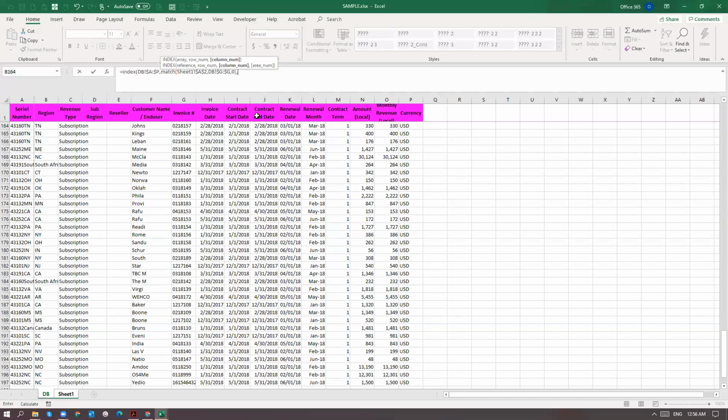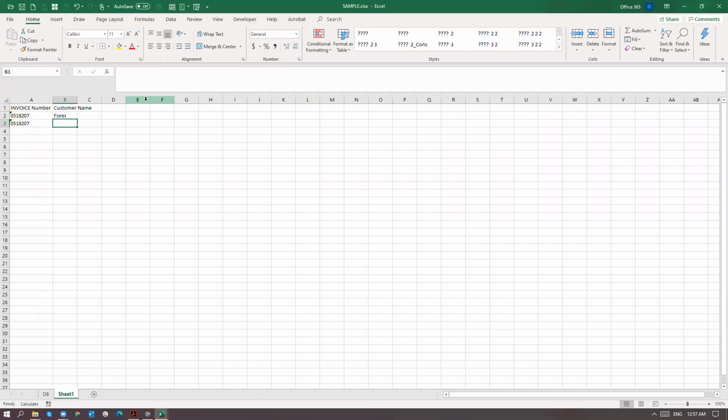And then the column number. You can either count: column A is number 1, column B is number 2, and 3. So you count from column A, B, C, D, E. Because we want to see the customer name that falls on column F, we're going to write 6 here. But if you don't know that, or you have so many columns you don't want to count,